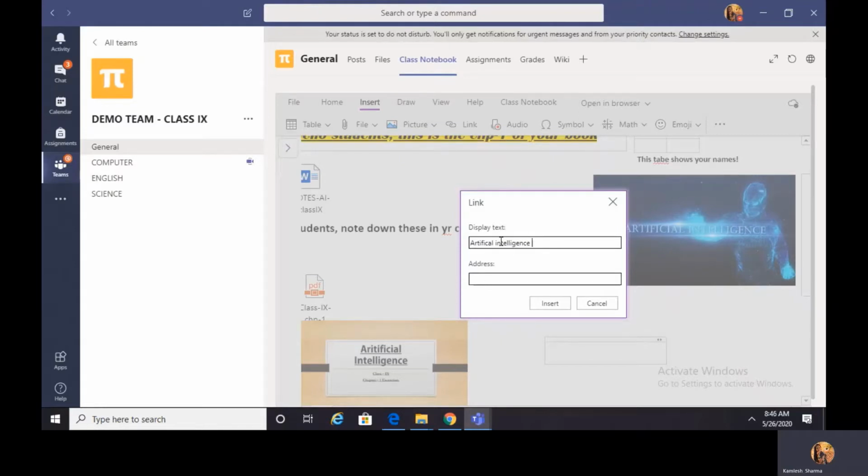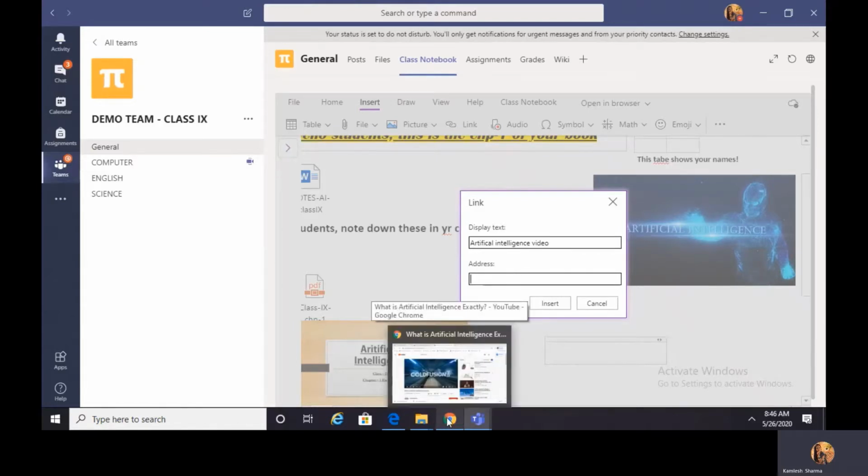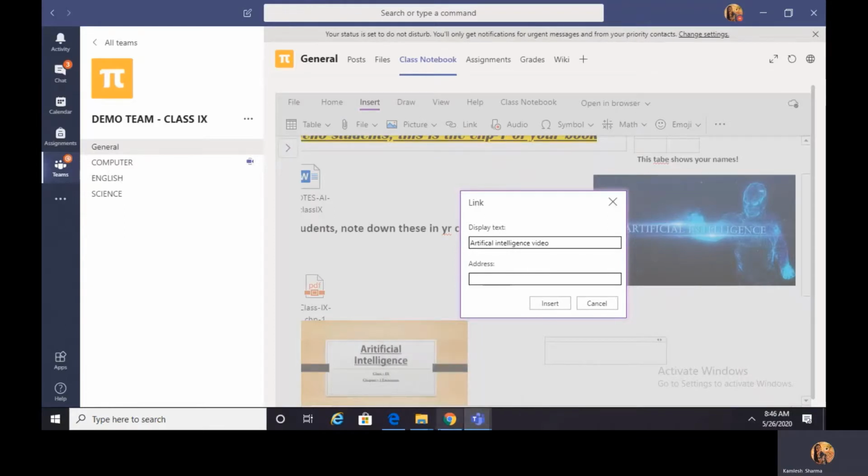Means it is going to be highlighted in blue color and having an underline below it. And once a child is going to click on that, a video is going to open up. So let me write down artificial intelligence video, and in the address I am going to my browser and select the desired video which I want to be pasted over here.